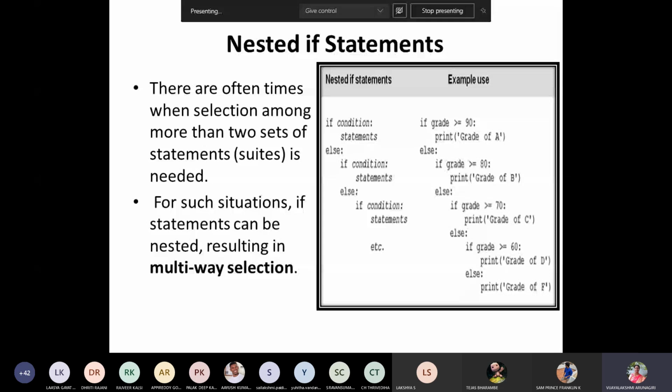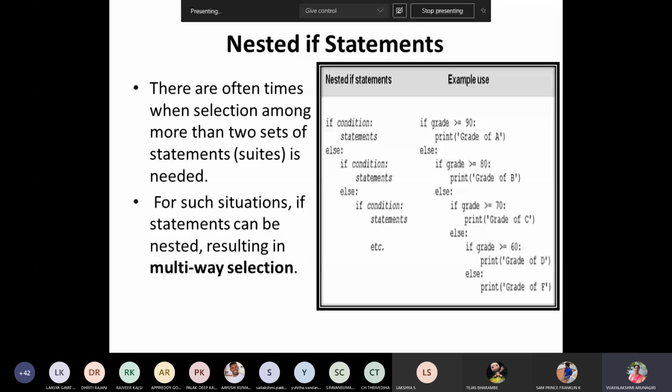100. So grade means what? A certain grade. Above 90 means A grade, above 80 means B grade, above 70 means C grade, above 60 means D grade, otherwise fail. This is for the absolute grade. CSE 1001 is absolute grade. Absolute grading means for the marks you obtain, you will get the grade. Relative grading means based on your other students' marks in your class, the grade will be fixed, right?